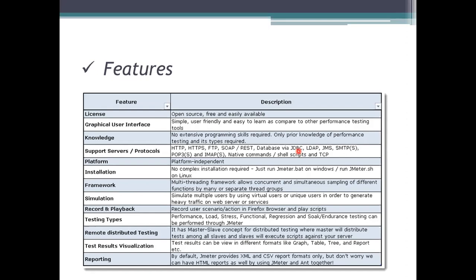Coming to this knowledge, there is no extra requirement where we need to study the tool, take classes on the tool and write it out. It's not required. Like with LoadRunner, there are no separate tutorials that have to be taken to know about it. If you want to know JMeter keenly, you can take some classes to get the knowledge of it.